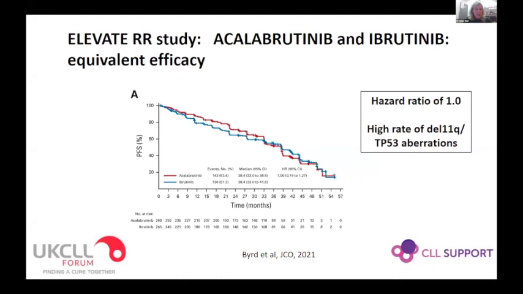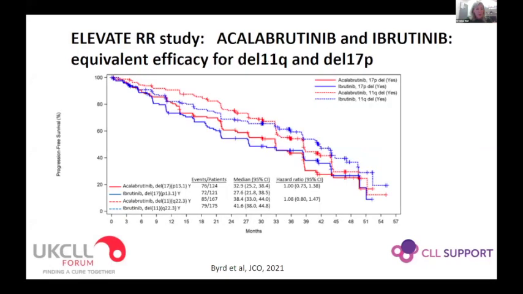Just to note that in this patient population, there was quite a high rate of high risk genomic changes, so particularly deletion 11q and P53 aberrations. And when the patients were separated out according to their del11q or del17p status, again, acalabrutinib and ibrutinib were of equivalent efficacy. So we're comparing the 2 dotted lines at the top first, red for acalabrutinib and blue for ibrutinib,